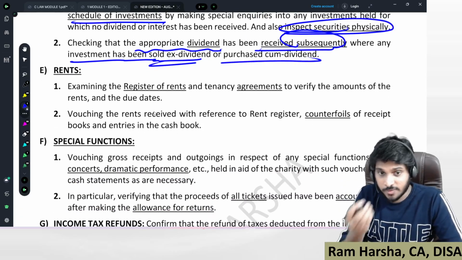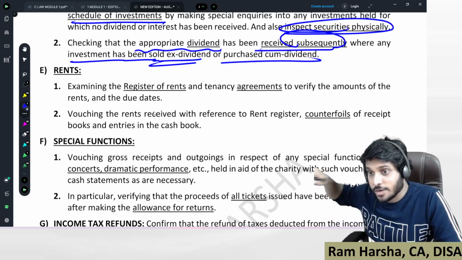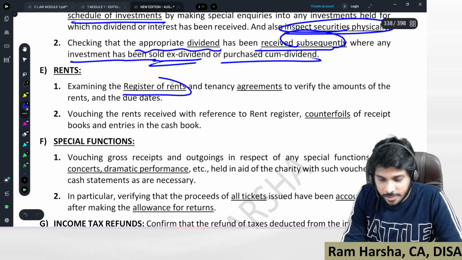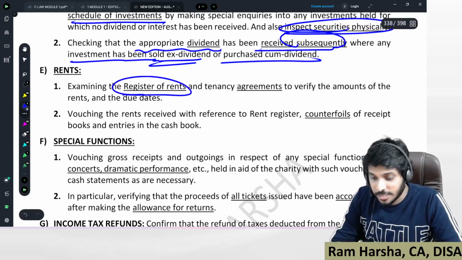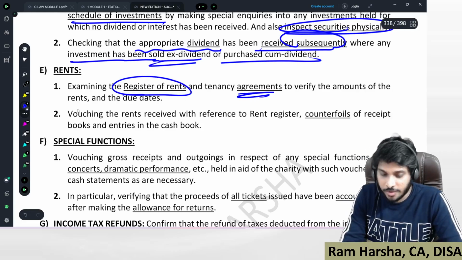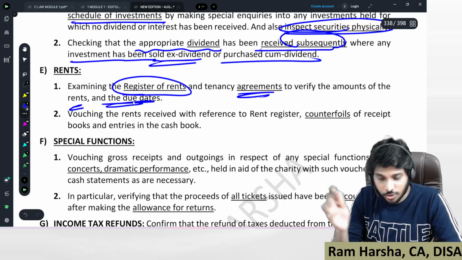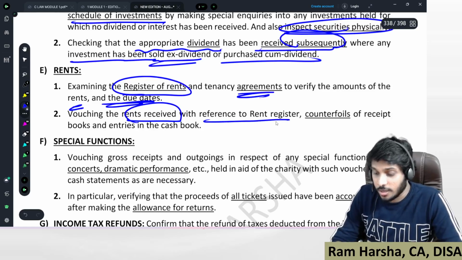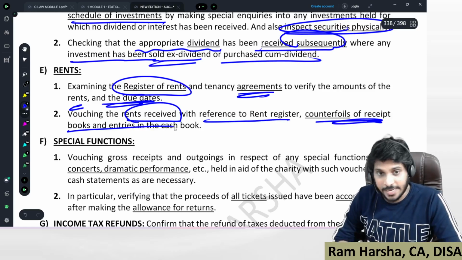Rent. Suppose the charitable institute is giving some properties on hire, let out on rent. Look at the register of rents and register of properties. Look at the rental agreements to verify the amount of rents and due dates, all that. Look at the amount received with reference to the rent register and see the receipts issued and entries made in the cash